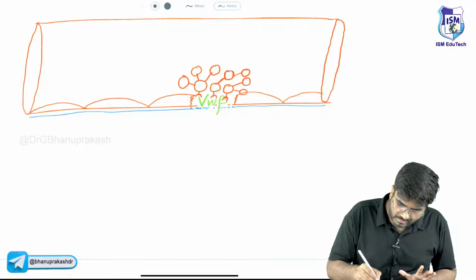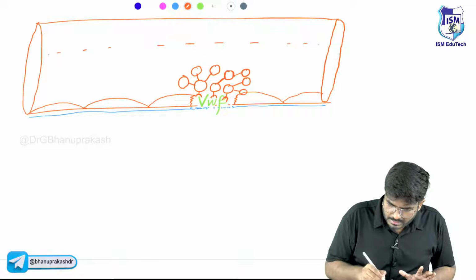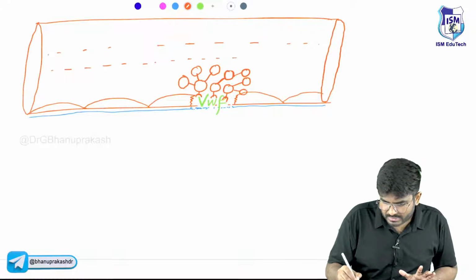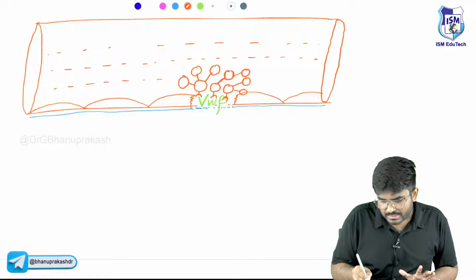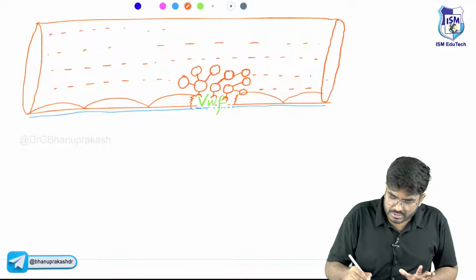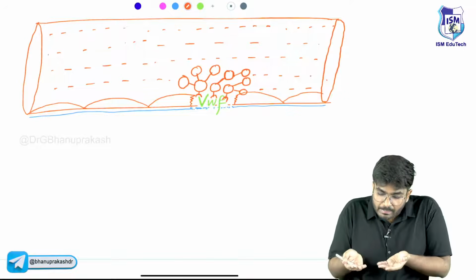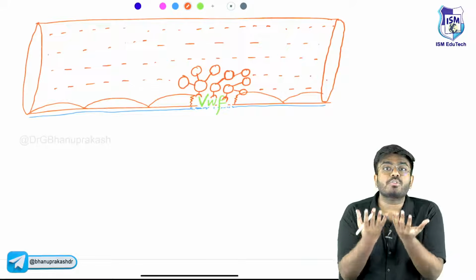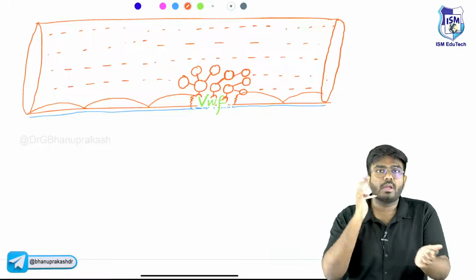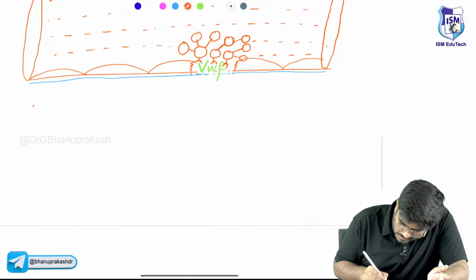Now the plasma, whatever is there. See, here is the plasma. Now in the plasma, who is there? Clotting factors are there. In the plasma, clotting factors are there, sir. Those clotting factors are in an inactive stage. Now for the first time, because of the damage to the endothelial cells, the subendothelial collagen is getting exposed to the plasma. The plasma is touching the subendothelial collagen. So what happens, sir? Look,